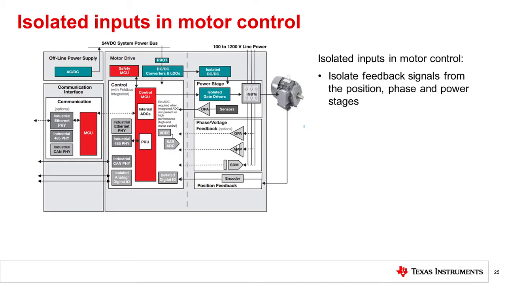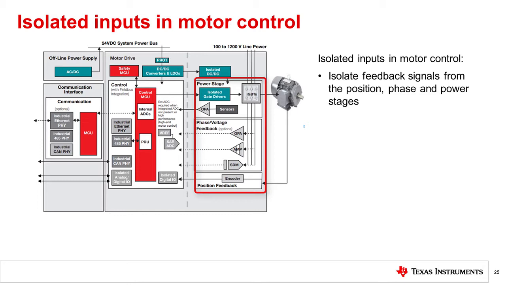Let's take a look at three of the most common use cases of isolated digital inputs to see how these performance differences are reflected in digital input module designs. Digital inputs in motor control. The control module in an AC motor drive is responsible for the signal processing and overall control algorithms for the motor drive system, based on inputs from the position feedback module or other monitoring functions in the form of analog inputs and digital inputs. These digital inputs are usually 24-volt signals from field sensors and switches communicating emergency stop signals such as safe torque off or information about the motor's operation such as